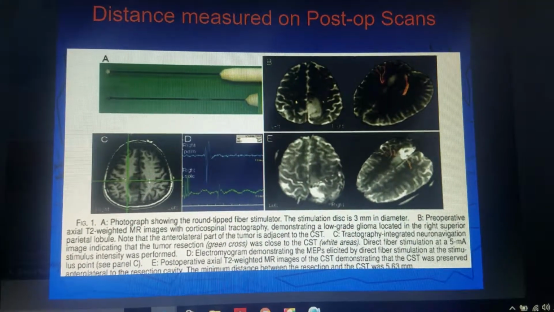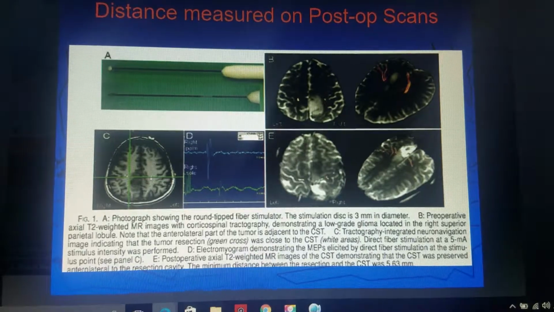What this Japanese group did was to measure the distance on postoperative scans. So they